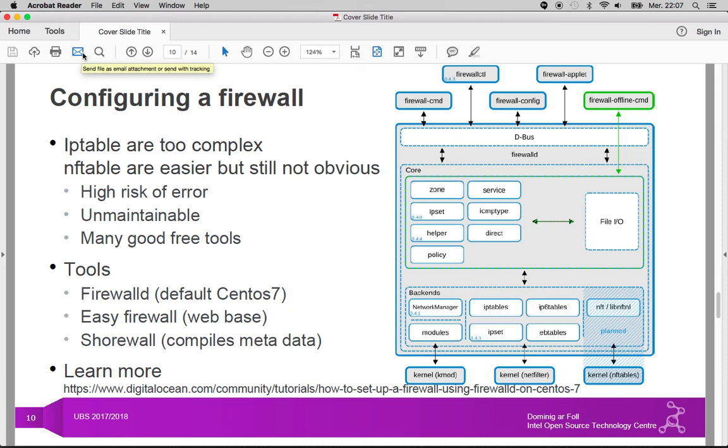Now, the configuration of a firewall is far too complex to be done by hand. Iptables are extremely complex. You have to define the rules one by one. They are added one after the other. They can create some forks over time, and you still have to remember and understand everything that is happening. The nftables are actually easier to use on the command line, significantly easier. They're also a little bit quicker, but it's still not obvious at all. And the risk of error is huge,